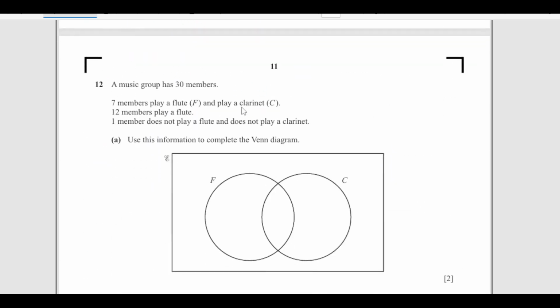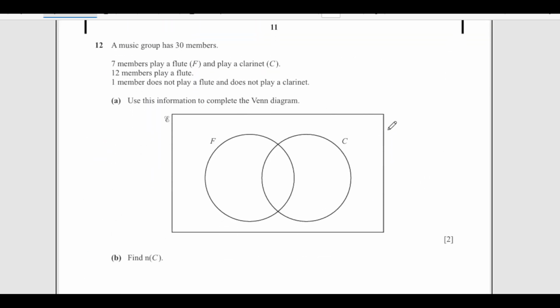Right. Now number 12, a music group has 30 members. 7 members play flute and play clarinet. 12 members play flute. One member does not play a flute and does not play a clarinet. So one is nowhere, so that means one will go outside. 12 members play flute, so 12 play flute,